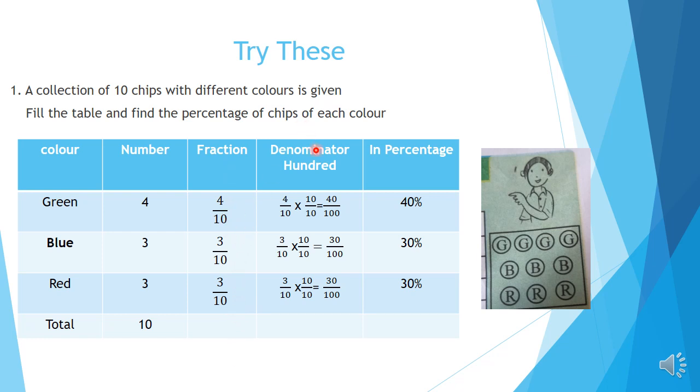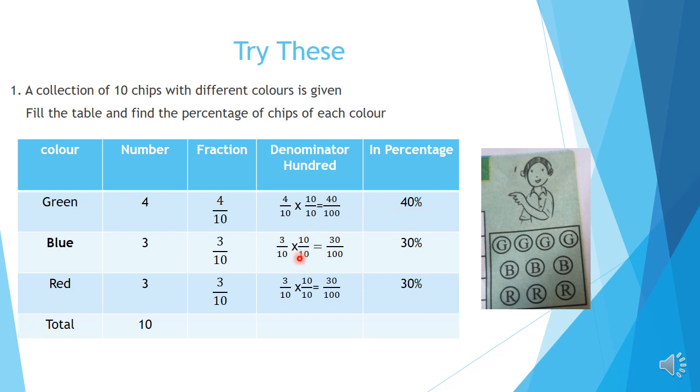Now denominator 100. Denominator we have to write as 100. Here denominator is 10. We have to change this denominator to 100. So you know children, 10 we can change to 100 by multiplying by 10. 10 tens are 100. So we are multiplying numerator and denominator of the fraction by 10 by 10. So 4 by 10 into 10 by 10. It is equal to 4 tens are 40 and 10 tens are 100. So we made the denominator 100. So what is the numerator? So here 40 is the numerator. When the denominator is 100, what is the numerator? That gives us the percentage number. So here percentage number is 40%.